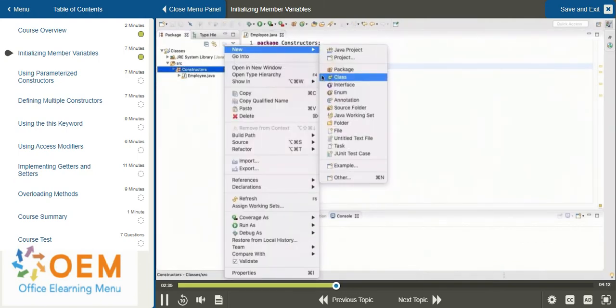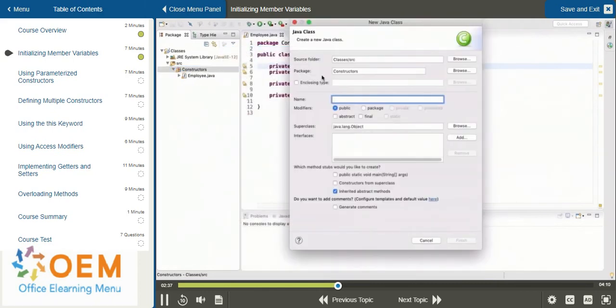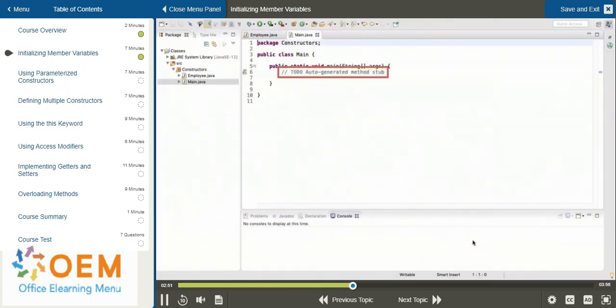Let's now turn our attention to the main class. So we right click on our namespace and add a new main class in there. This one does indeed need to have the public static void main stub method. So we check that checkbox and hit finish. In the main method, we go ahead and get rid of the auto-generated comment and type in a bit of our